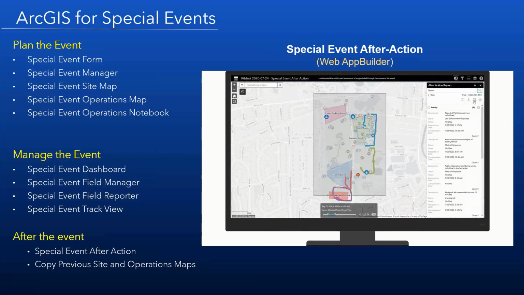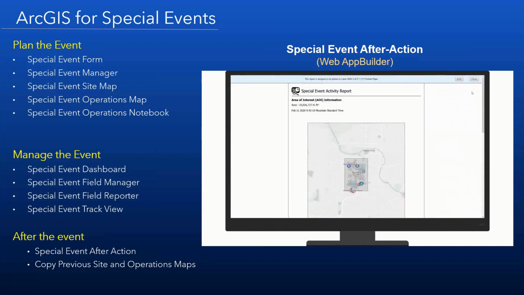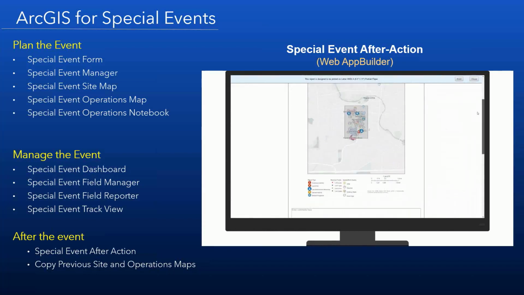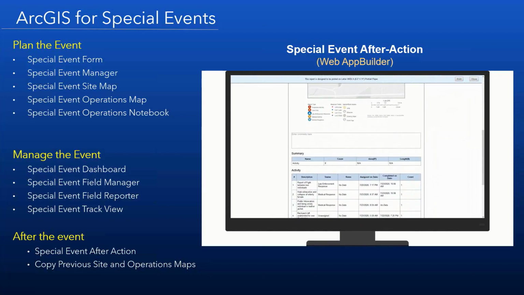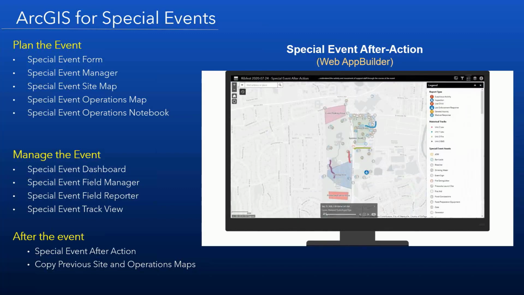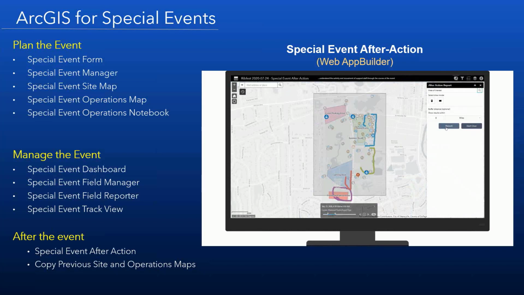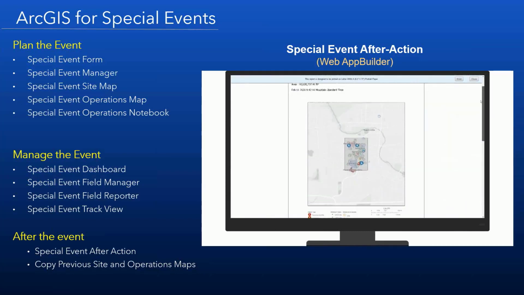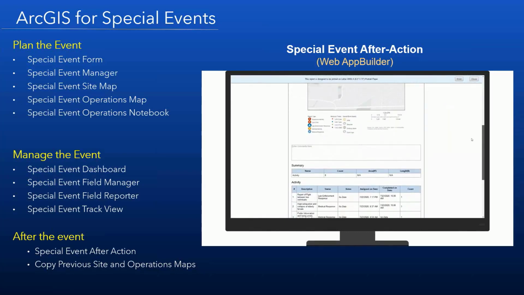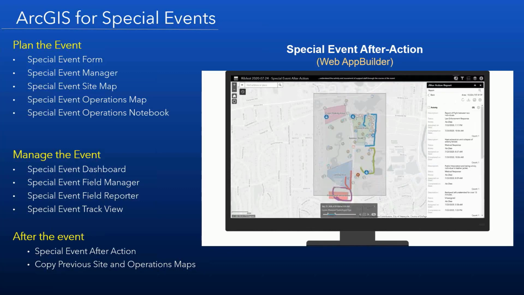And lastly, since many of the major events that public safety agencies are responsible for on a regular basis within their community happen year in and year out, think parades or major festivals or sporting events, we have another configuration of ArcGIS Notebook that lets you take a previous year's plan and convert it into a new plan for the current year. So you don't have to rebuild everything from scratch anymore. You can simply run this notebook, grab last year's plan, and it will spin up all of the layers and the maps that you used the previous year into your current year's plan, saving you a ton of work